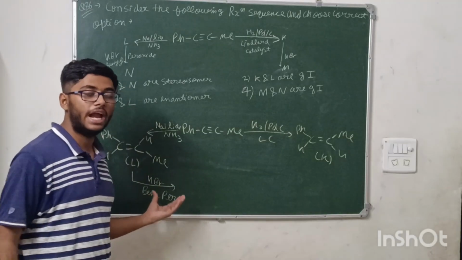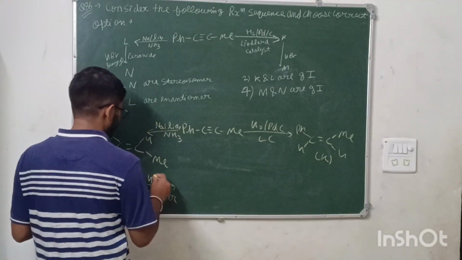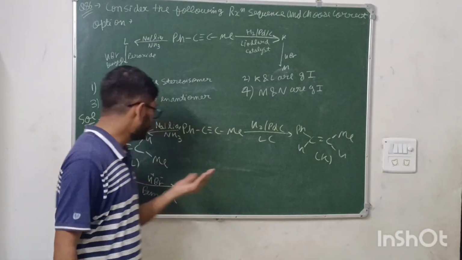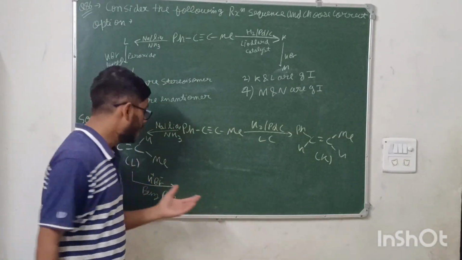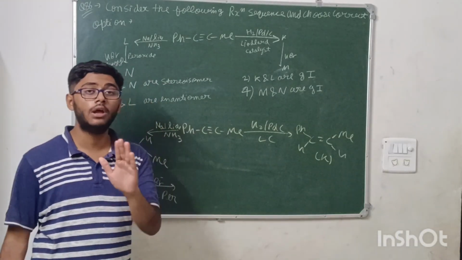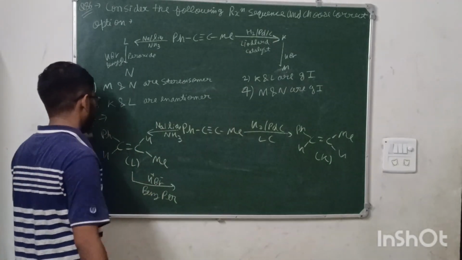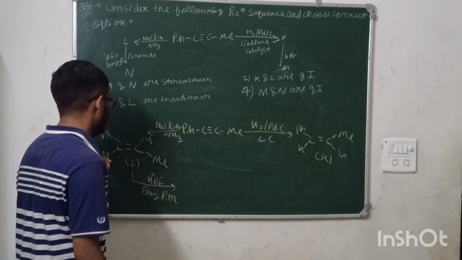This is the reagent for the anti-Markovnikov rule. What does that rule state? It states that the addition of the cation should be to the side where fewer hydrogens are present, and the addition of the anion to the side where more hydrogens are present. So here, if you see, the Ph ring is there and H is there. Here is the side with more hydrogen, here the side with less hydrogen.